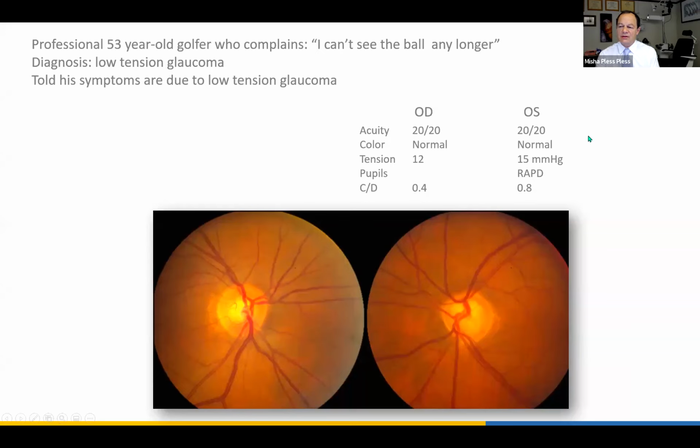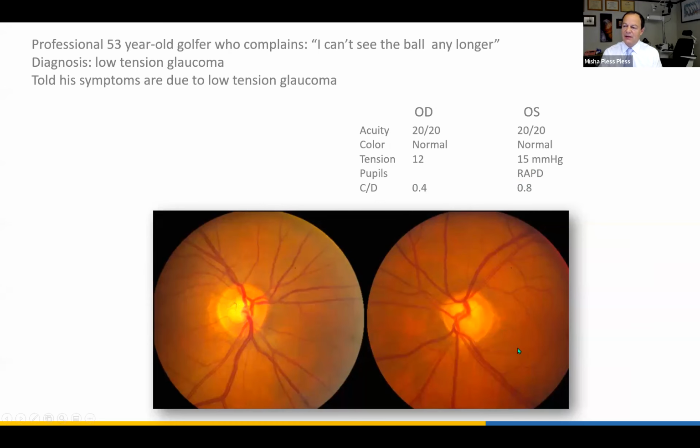Visual acuity is actually normal. Color vision is normal. Tension, so that's intraocular pressure, is normal. And there is a relative afferent pupillary defect in the left eye. Very, very important to check the pupils in darkness. The cup to disc ratio, 0.4 on the right side, 0.8 on the left side. And here's a fundus photo showing the right optic nerve has a normal cup and the left optic nerve is